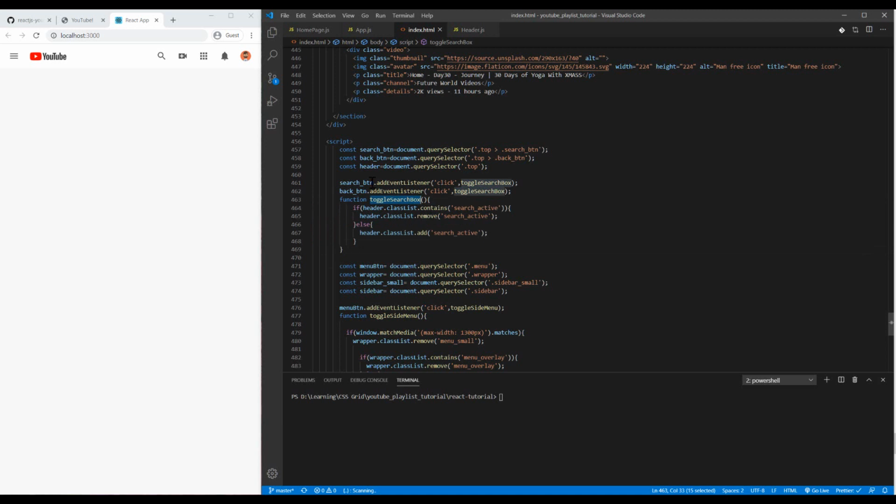Let me check search btn and back btn. Where are they? I think they are in the header element, so